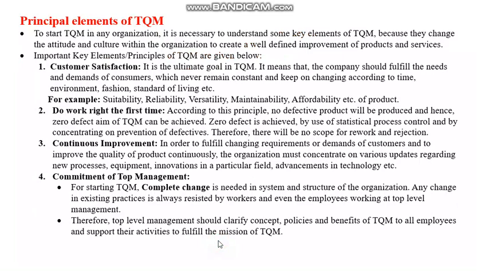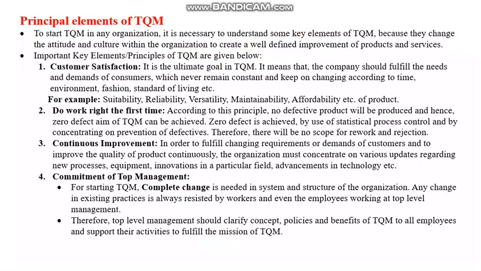Okay, now the principal elements of TQM. See, to start TQM, it is not that small changes are made and TQM comes. First we should understand what the key elements of TQM are, because these elements change the attitude and culture within the organization to create a well-defined improvement of products and services. Now the key elements or the principles of TQM